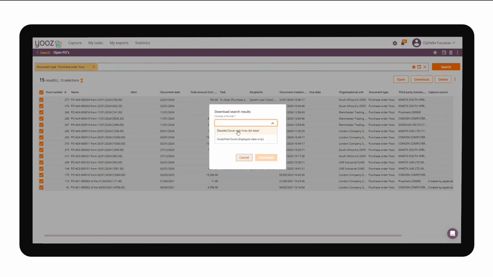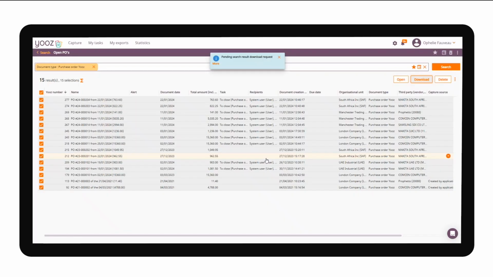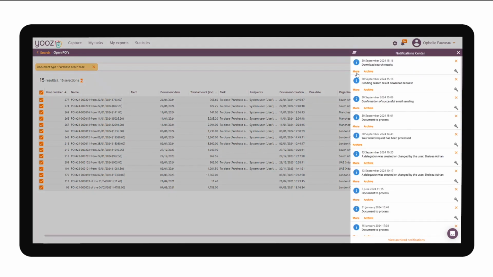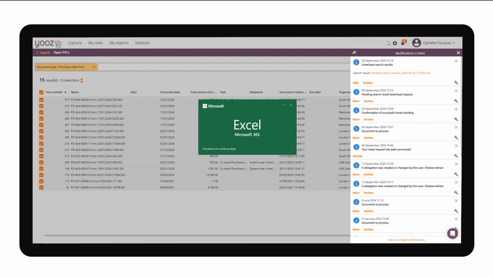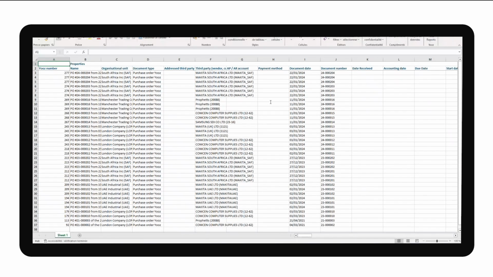Then in real time, you can see a pop-up that's going to alert you that your search has been downloaded and is ready for you to click to retrieve it instantly. It takes just a few seconds for Yooz to extract this data and provide you with all the information related to these documents, as you can see clicking here. Just like that, the Excel spreadsheet has been downloaded in seconds,